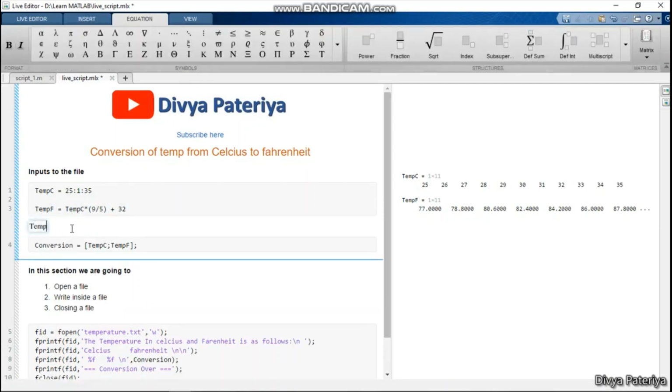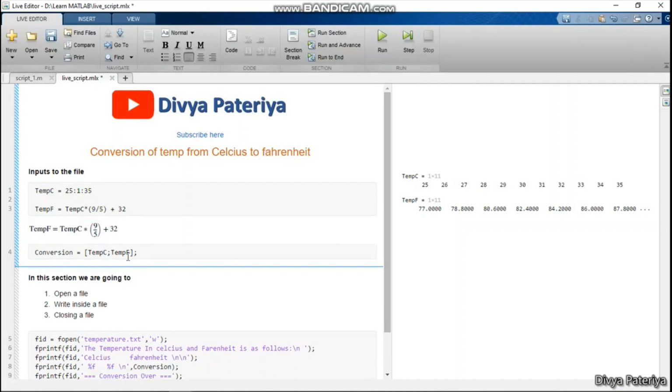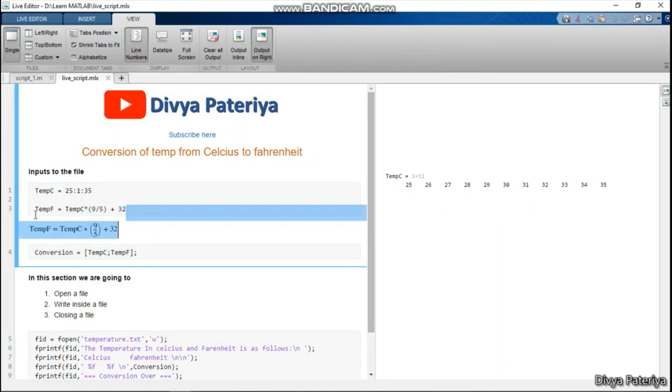I will write temp F equals temp C into 9 divided by 5 plus 32. So now MATLAB did not assign any line number to this, so that we know that this is simple text and MATLAB is not going to run this. What I will do is simply remove the temperature in Fahrenheit from here, and I will add it here.